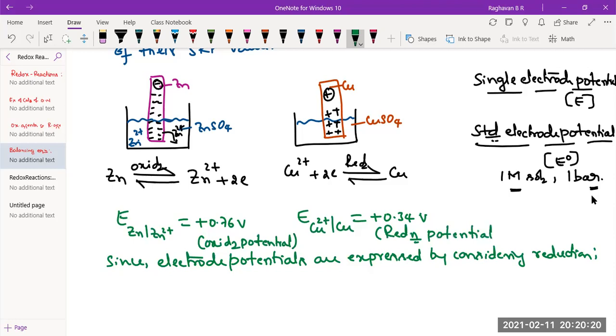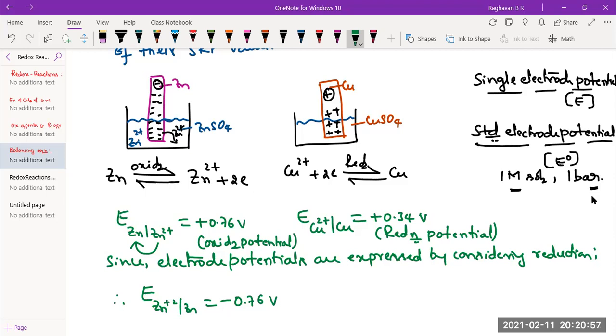So if you want to use these values for calculation later for anything, you should take both the electrodes in terms of reduction potential. That is by convention. So therefore, for the reduction potential of zinc, you have to reverse this now. Cation to atom means it is reduction, so you would change this symbol and the sign should be changed. Plus 0.76 should be changed to minus 0.76. If minus were there, it would have been plus now. So the reduction potential of the zinc single electrode is minus 0.76 volt.